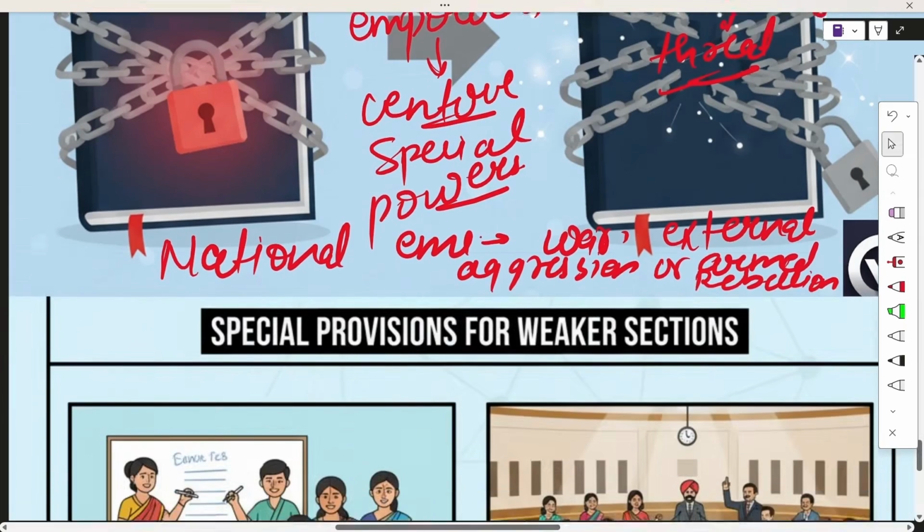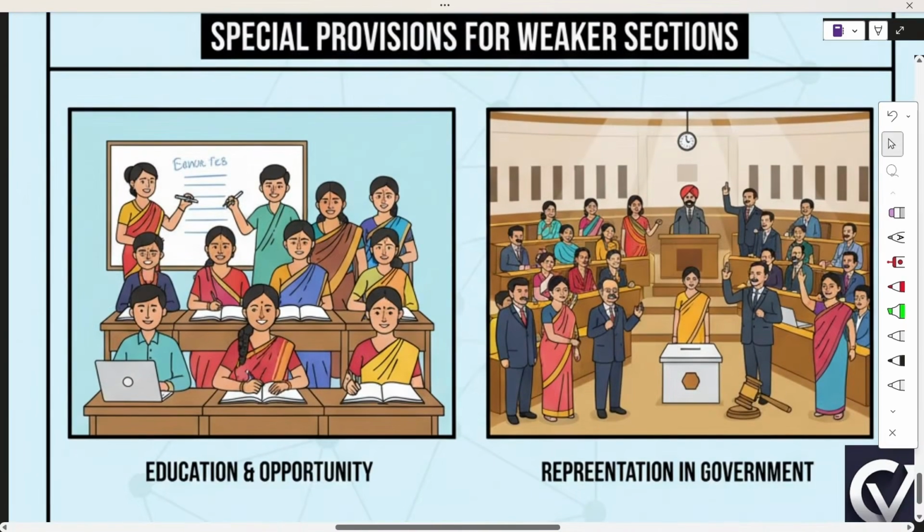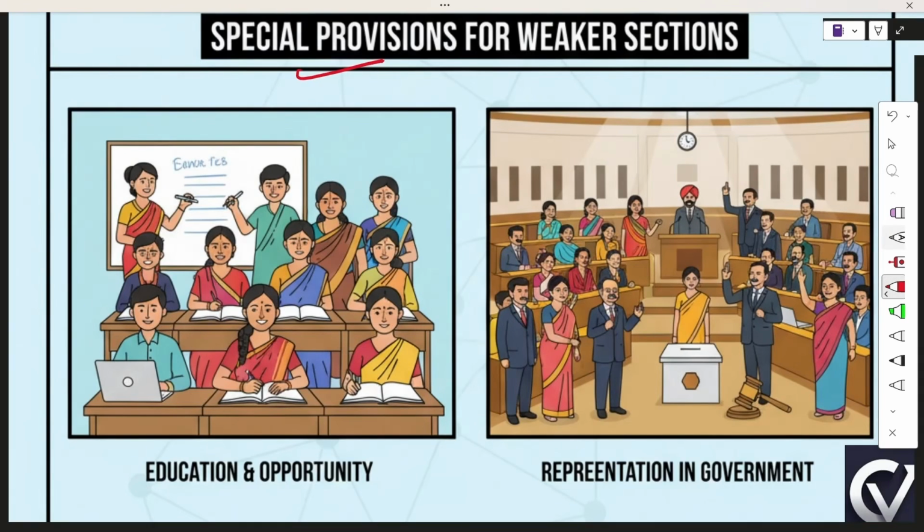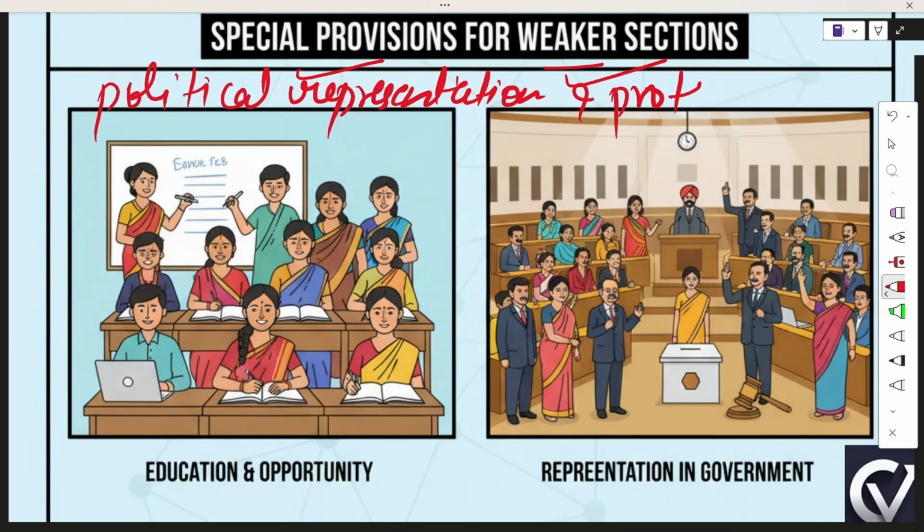Now let's talk about the last salient feature of India's constitution, and that is special provisions for the weaker sections of the society. The constitution provides political representation for weaker sections of the society and protective safeguards for scheduled castes, scheduled tribes, and other backward classes, and also for women,